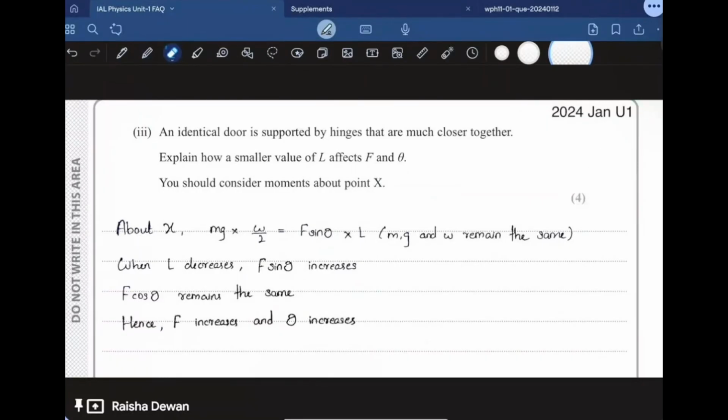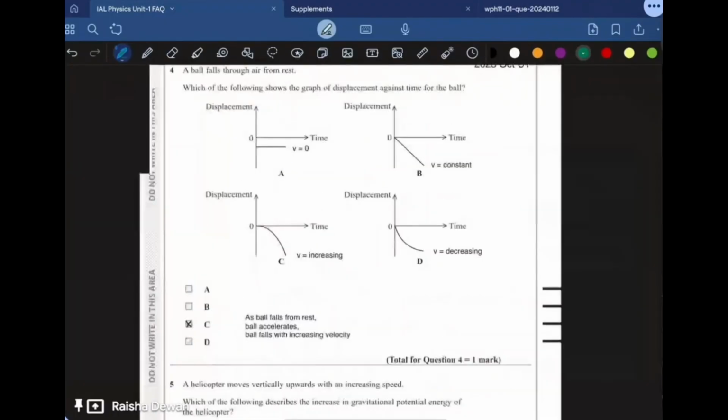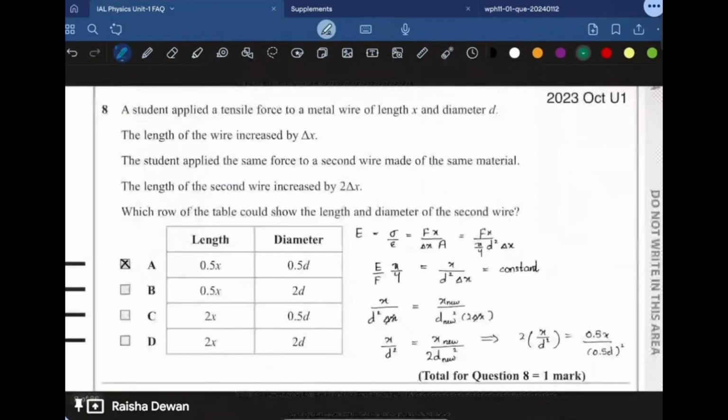Now let's move forward to the next questions. So basically, you guys have understood this, and the next question is this one. No, not this one actually. It was